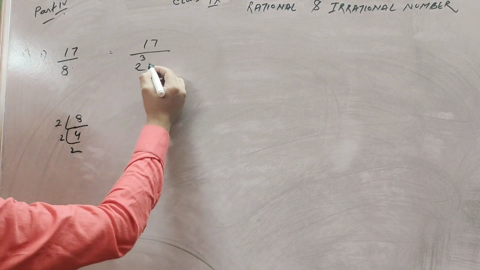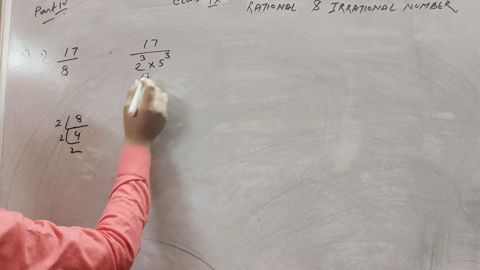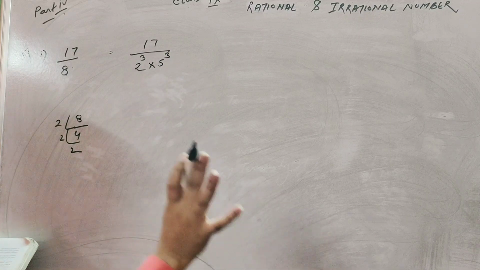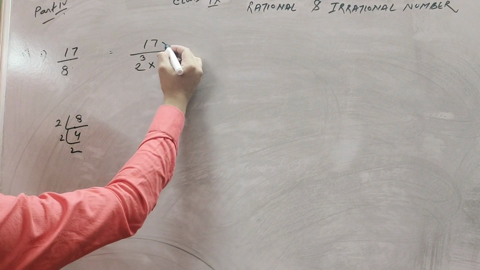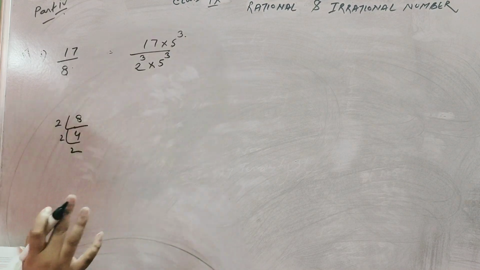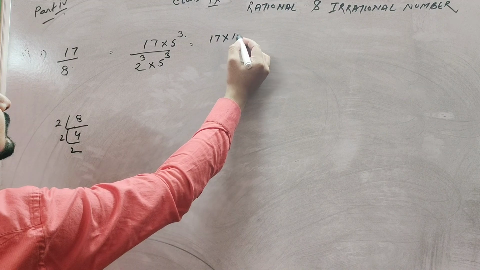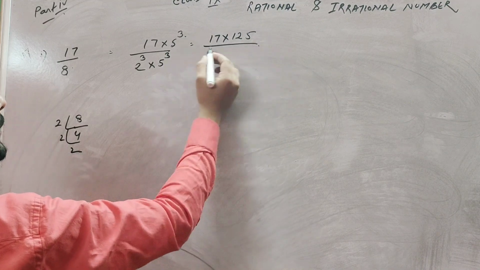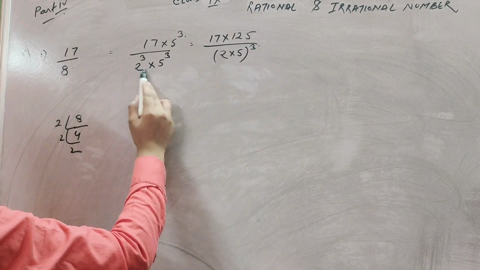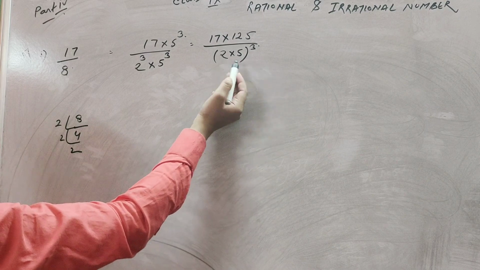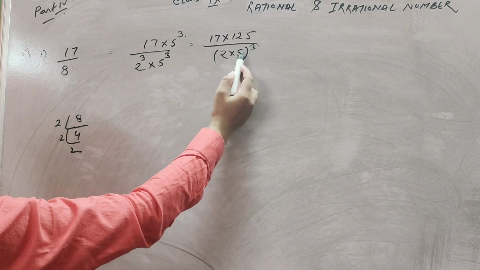Okay, for decimal without division we write more 5 cube to match this one. Clear? Whenever you multiply the denominator by 5 cube, then we also multiply the numerator, that is 17 into 5 cube, that is 125, by 2 into 5 cube. In place of that we write down this same 2 into 5 to the power cube, that means this also has the power cube, this also has the power cube.